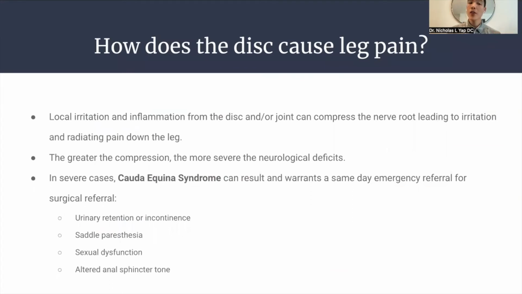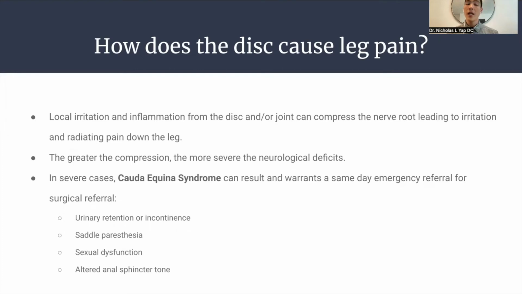So it's currently understood that local irritation and inflammation from the disc and the joint can compress the nerve root, leading to sciatica or radiating pain down the leg. In severe cases where there is a lot of compression on a portion of the sciatic nerve or nerve root or nerve roots, depending on the location of the herniation or injury or cause, it can lead to a phenomenon called Cauda equina syndrome. And if somebody presents with symptoms or is suspected to present with symptoms of Cauda equina syndrome as screened by medical practitioners or ourselves in the clinic, we usually warrant a same-day emergency referral for a